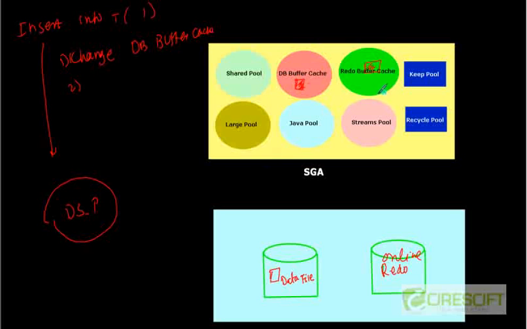Then there is a background process called log writer, or LGWR. LGWR is going to write that redo information to the online redo log file. This is your disk and this is your RAM. So the log writer is going to write your redo buffer cache information to the online redo log